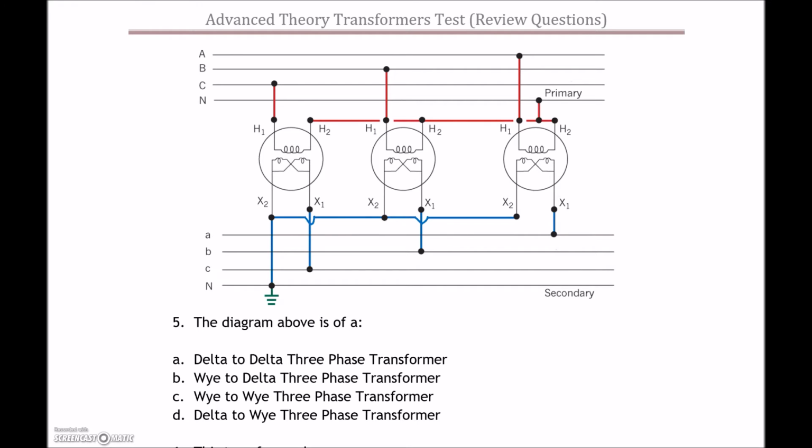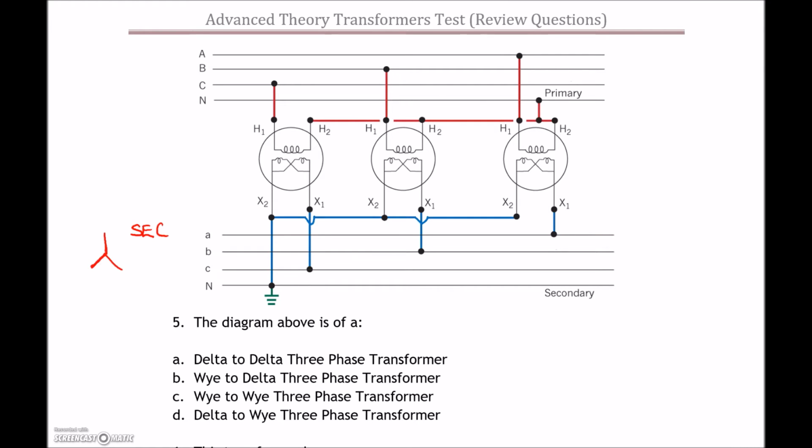So for this guy, it looks like we have all of our X2s on the secondary, this X2, and this X2, and this X2 all drawn together. And it's clearly shown that that guy is going down to the neutral, and the neutral is grounded. So on the secondary, we're going to have a Y. Okay, so let's draw that in. We've got on our secondary